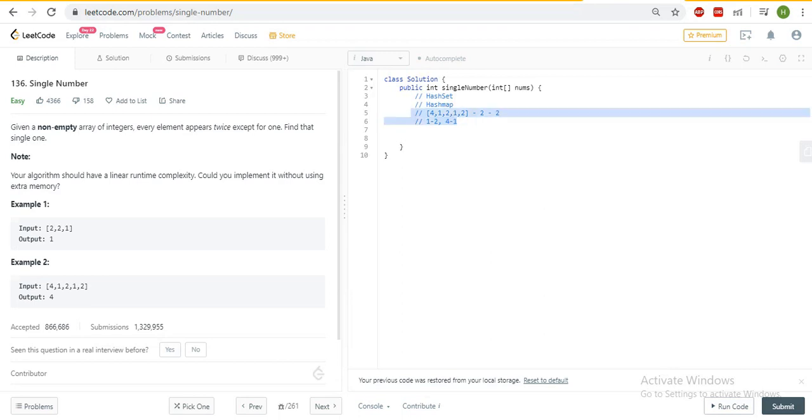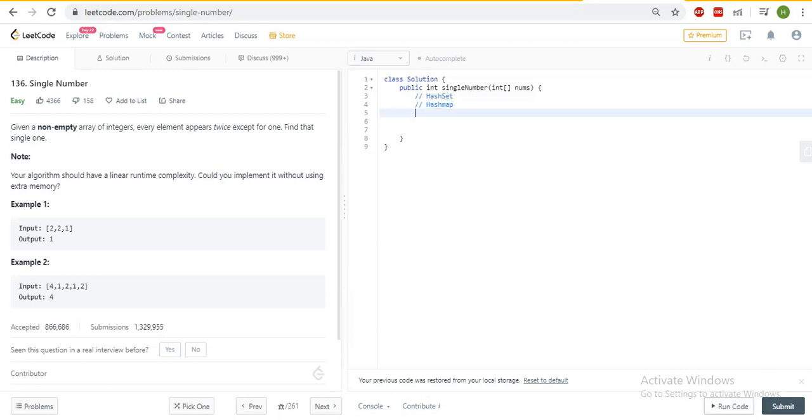These are also algorithms which have linear time complexity, but we are using extra space, because we are declaring the HashSet and HashMap, which will take space. But they have asked us to implement without using extra memory.